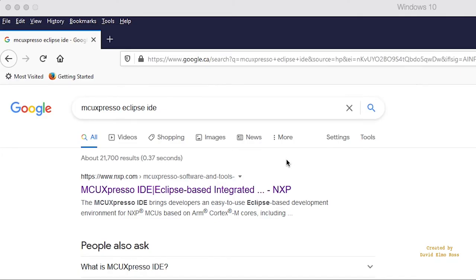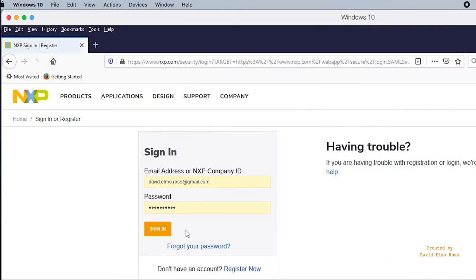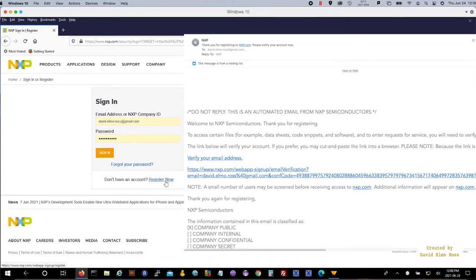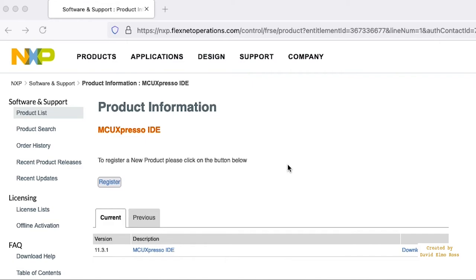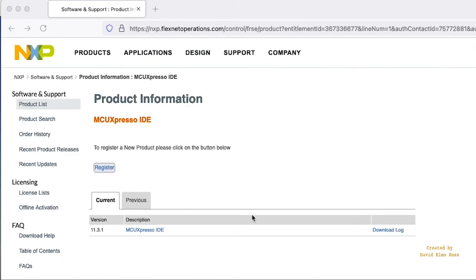To install MCUXpresso IDE on your PC, again you're going to go to Google, to MCUXpresso Eclipse IDE, and click here. And again you're going to go to download, and if you don't have an account you're going to register. Once they send you the email, then you're going to sign in when you have the authentication email. And once you get logged in, again we're going to use the most current version, and we're basically just going